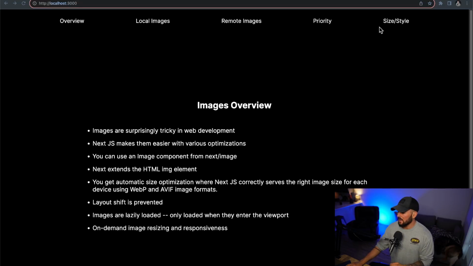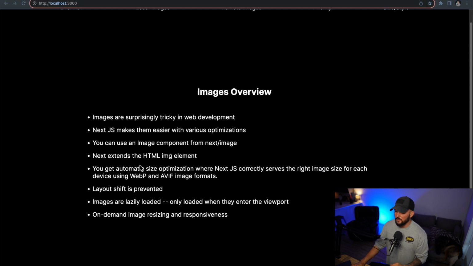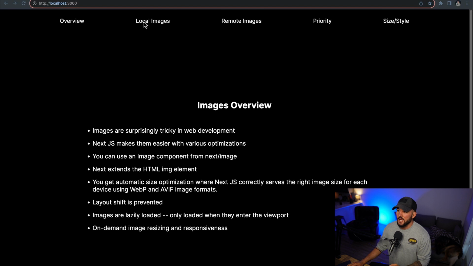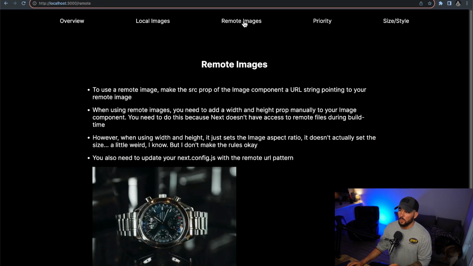Images in Next.js. There's surprisingly quite a bit to know when it comes to using images in Next.js and using the next image component. So today's video is going to cover that, and we're first going to just do an overview of some good things to know about using images in Next.js, and then we're going to get into local images, and then we're going to cover remote images, so images that are local to your computer and